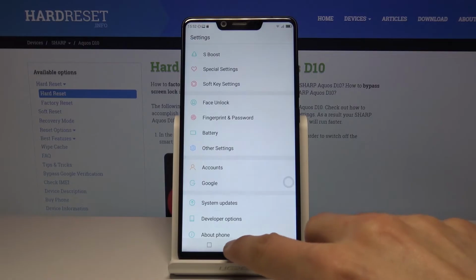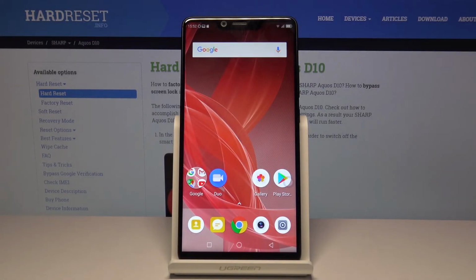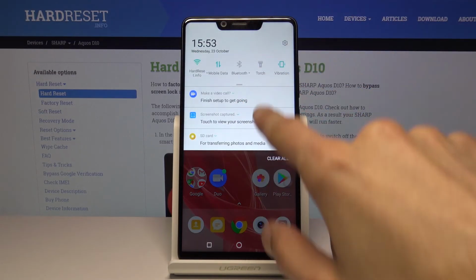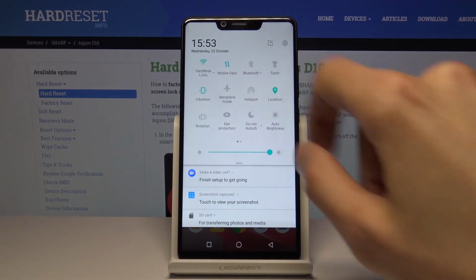And the last thing that I wanted to share is more of a trick, I guess, if you're having problems with calls. So if your calls are just poor quality, and if you're talking with someone that is cutting up constantly and you can't really gather what they're saying because of it, a good way to try to fix it would be to enable airplane mode just by tapping on it,